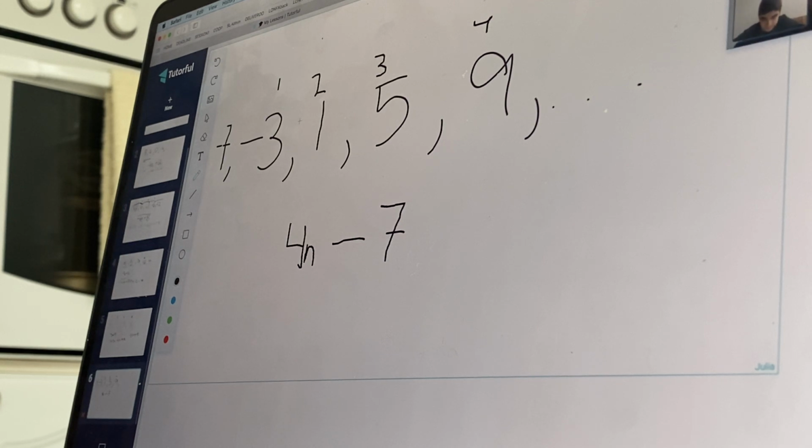So, the 5th term. Okay, so 1, 2, 13. Good, so we add 4, yeah. And now let's try and find the 10th term. 40. Yeah, 40, and then? So 4